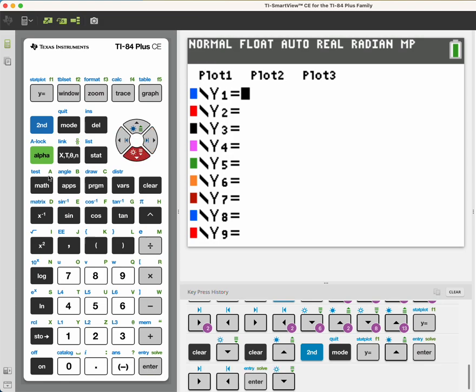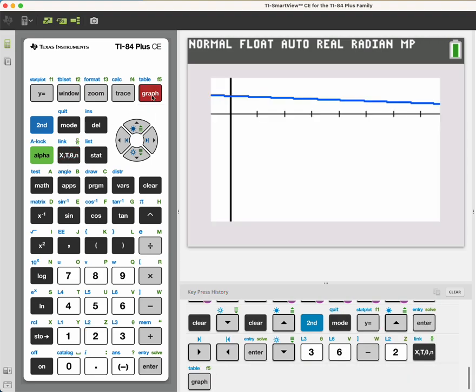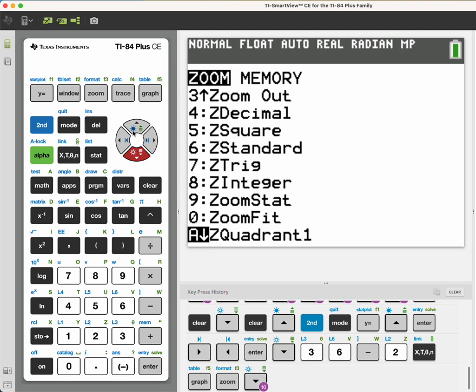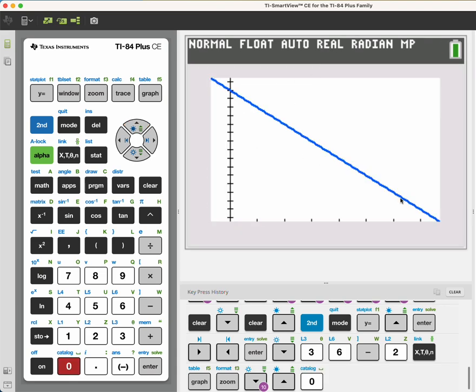So I'll come down here to Y1 and put in my first formula. This could be 36 minus 2x. And then I can immediately go over to the graphing page and look at it. If the x and y values aren't great to look at that graph, I could come to Zoom and select Zoom Fit, which you can just arrow down to and press Enter,